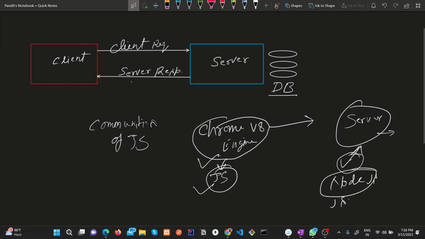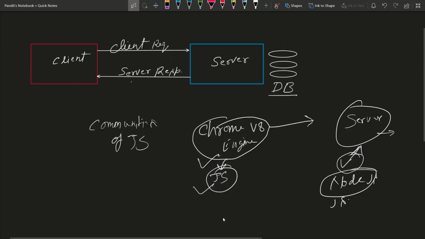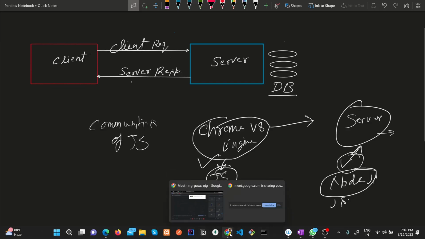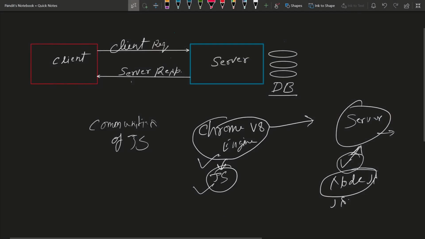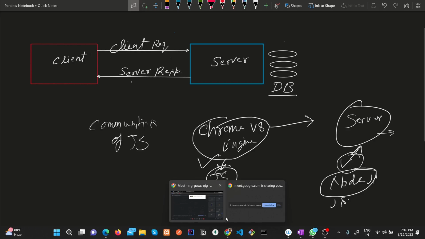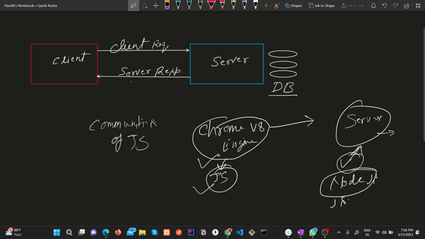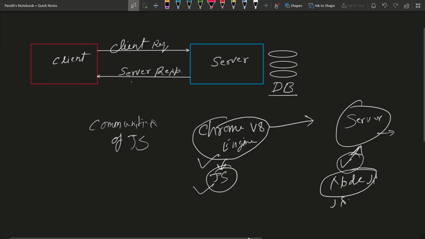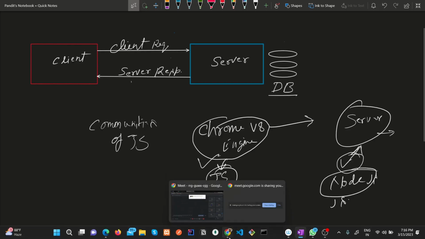Okay, there is some technical error. Let me just fix this first. I don't know why this happened right now. Okay, give me just one more minute. I'm trying to access my browser, but I cannot.